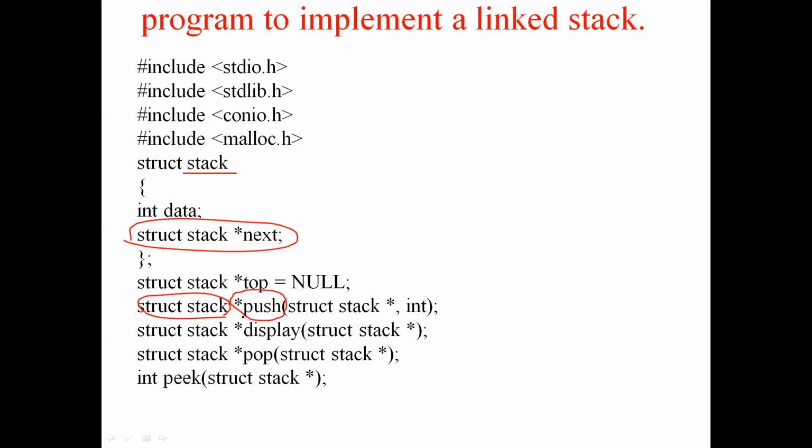Keep in mind, since we are using a linked list, we are in a position to use the pointer concept. Why? Because once the push function happens and the element is pushed, I want to know the address of the pushed node. Where can I store the address? I can store it in a pointer variable of struct node data type. So the push function has to return a pointer variable. We'll see this in the definition part.